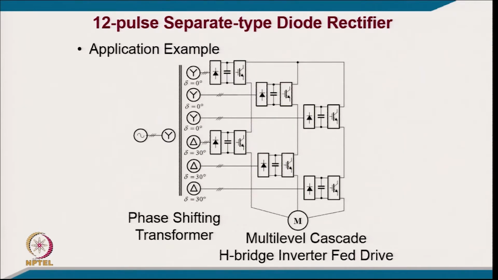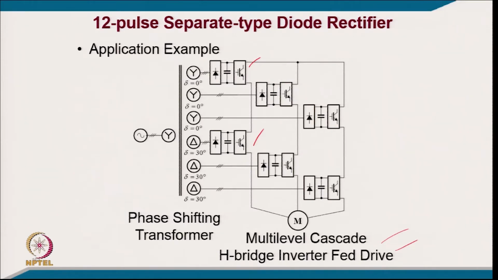Or there is an interesting example, you can say the multi-level cascaded H-bridge inverter, which I don't know whether you have heard about, like typically a Robicon drive, they have two inverters connected in series for each phase. They are isolated because of this connection, and here you can see it is a kind of 12 pulse connection. So, all these are 0 phase shift and these are 30° phase shift. For all 3 phases you need the separate secondary, and you can add the voltage there to get the multi-level waveforms